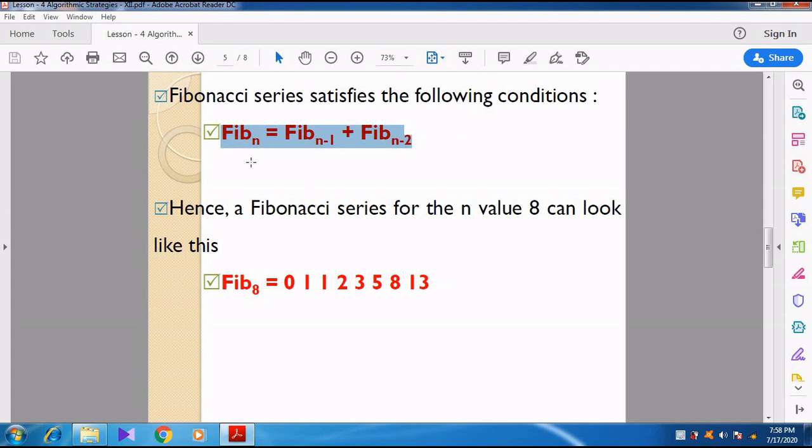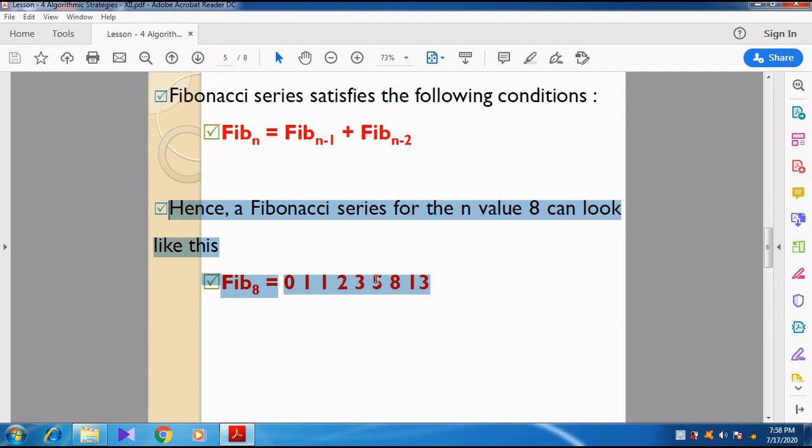That is the condition. Let's take an example: what is the result of the Fibonacci for n value 8? Fib of 8 is 0, 1, 1, 2, 3, 5,